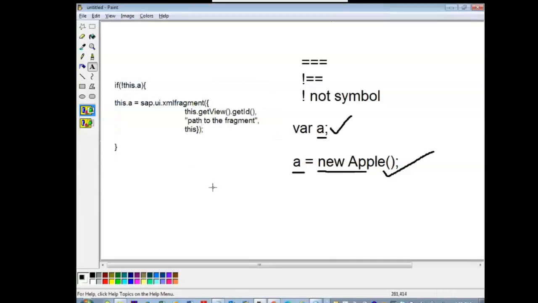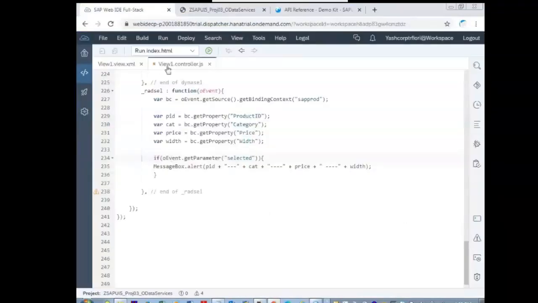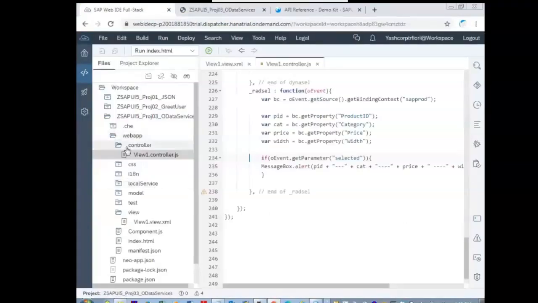So there are some steps we have to follow to create a fragment. Let us follow those steps. Ready? Step number 1. Create a folder, fragments, inside the web app folder.